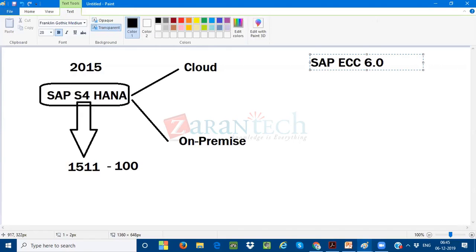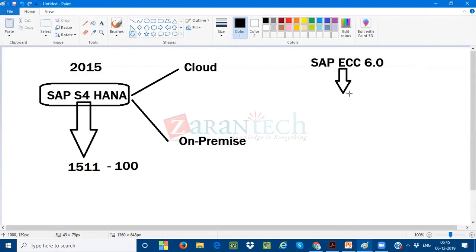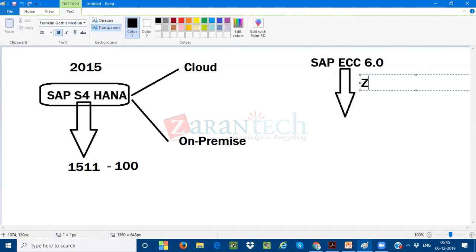I started the journey with SAP ECC. Now there are so many reports. I built so many custom reports in SAP ECC. I'm not talking about the standard reports. Forget about the standard reports. I have built so many reports based on my ECC. We can call them the Z reports,